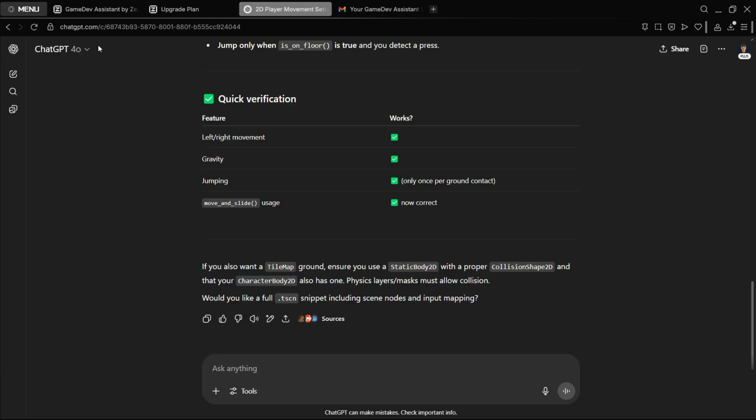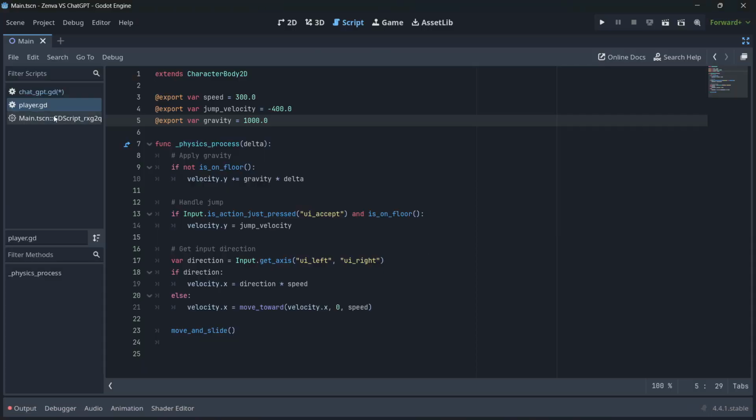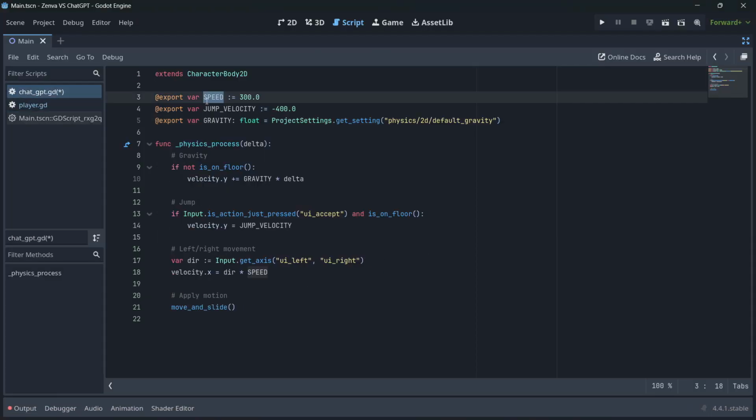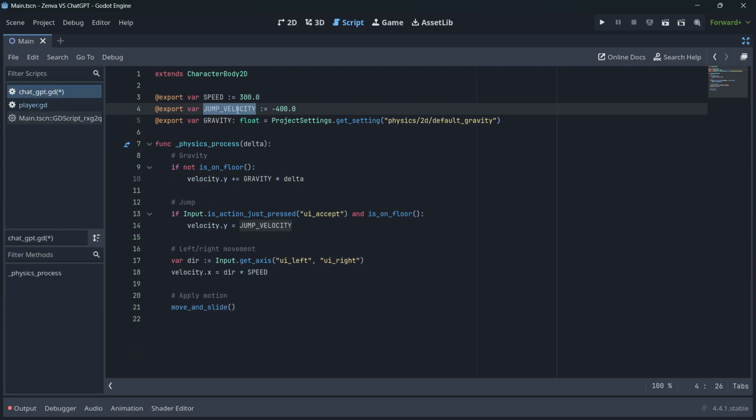But even though here it is using ChatGPT-4o, it is not doing a good job, as you are seeing. So once again, you can train ChatGPT and tell it, okay, yes, the code works, but in Godot you don't use constant case for variables, or you don't tend to do that. You do that with snake case. You only use this for constants,